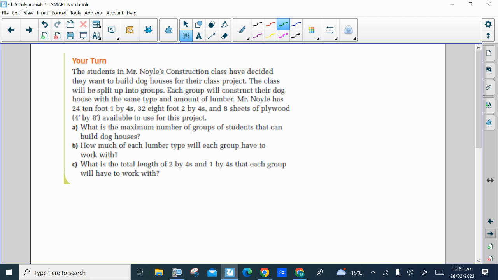So this next question is similar. The students in Mr. Noyle's construction class have decided they want to build doghouses for their class project. The class will be split up into groups. Each group will construct their dog house with the same type and amount of lumber. Mr. Noyle has 24 10-foot